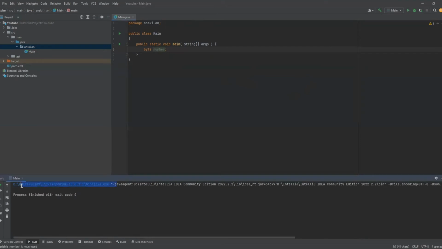So this is our path to our program, and over here it just tells us that it has finished with exit 0. So effectively, we didn't get the error. The reason for that is because we haven't used it. If I hover the mouse over it, it tells us variable number is never used. So let's use it. In order to print something to our console, we use the command system.out.println, and